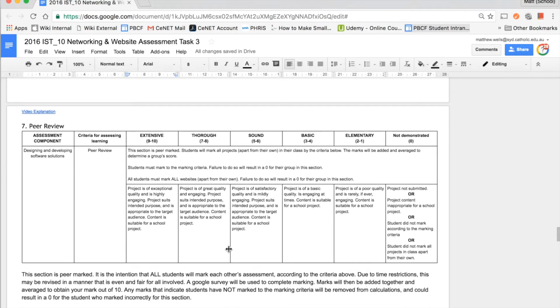Peer review, as always, we get you guys to mark your own assessments. So you're going to be marking out of 10. Every website is to be marked in a peer review. So it's really important that you are there on the due date to mark your class's assignments, but also that you mark fairly. So the marking criteria is here, and you need to make sure that you mark to that,